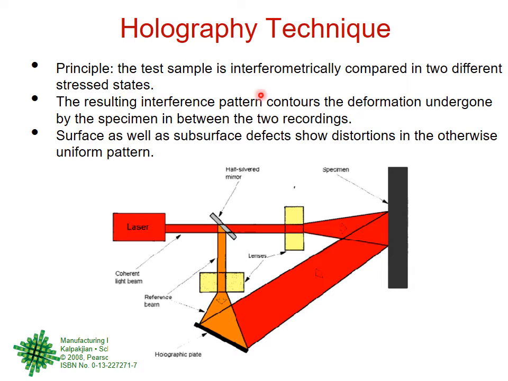The principle is interferometry. In your physics you have done interference and so forth. So if there are stressed states because of flaws and cracks and so on, then holography can be used. Here I'm showing you just the schematic: the laser beams, mirrors, lenses, a specimen. So a beam coming from one side, a beam coming from the other side. There is a difference in a normal material and in a stressed material. So this can show you.